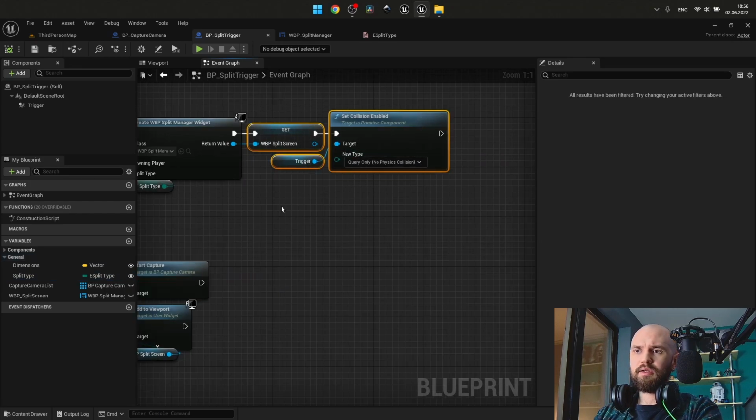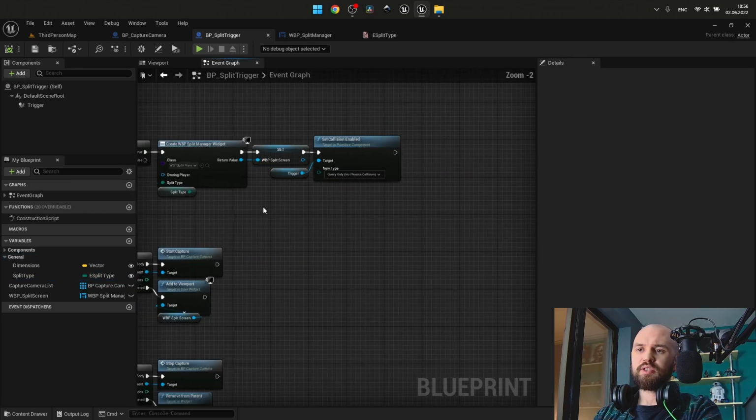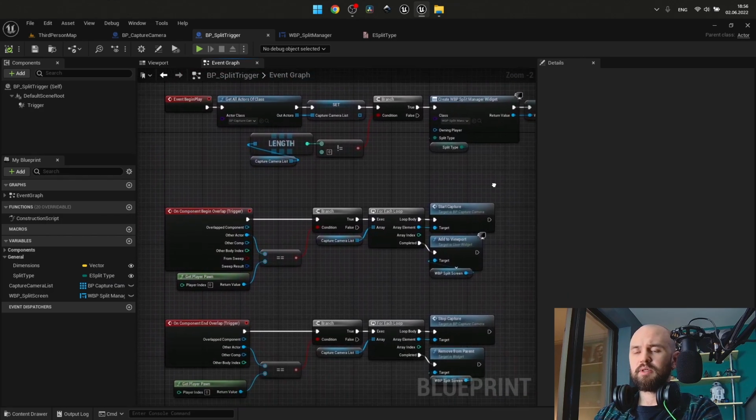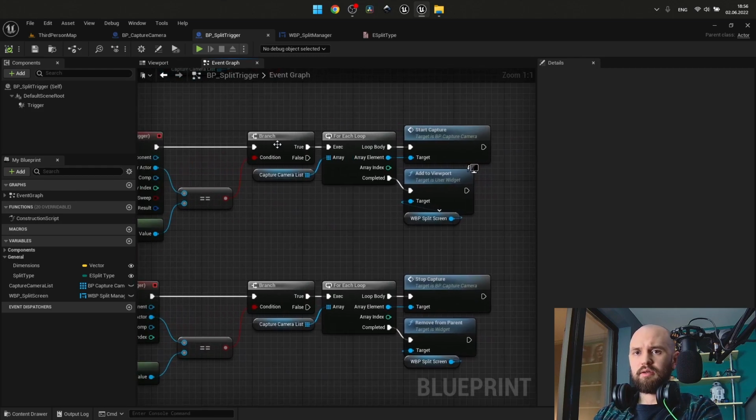So collision enabled, but query only, because I don't need to have any physical interaction with my split trigger. Now let's talk about